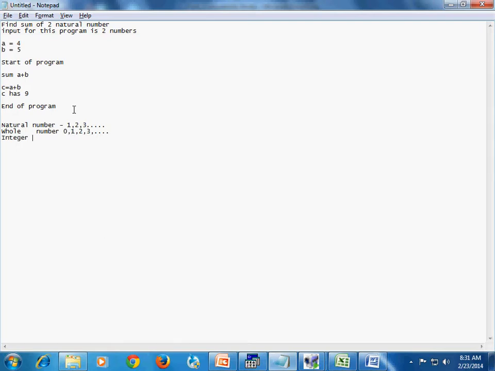And integers, we have negative numbers, 0 is included in it, and we have positive numbers. So our above example is one of the scenarios in the integer constant.